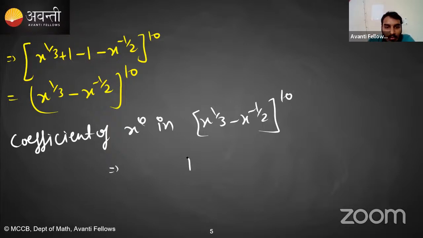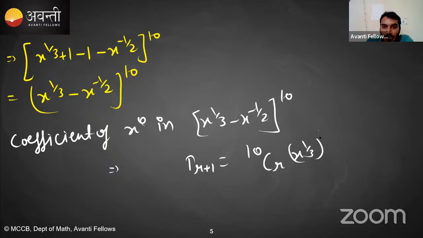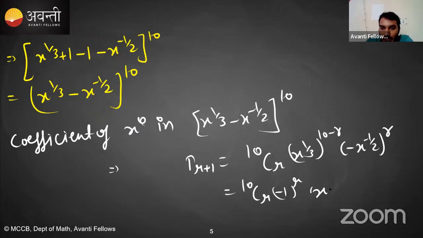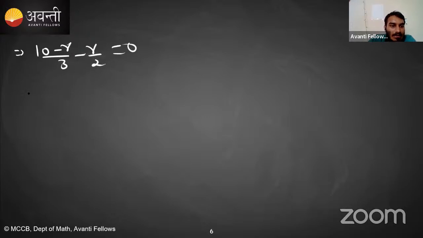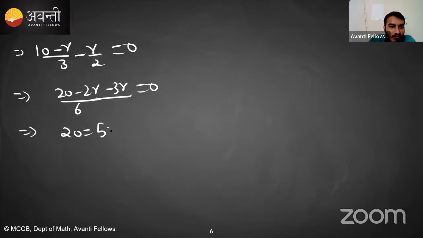So write down the general term T r plus 1 as 10 Cr x raised to the power 1 by 3 whole power 10 minus r, minus x raised to the power minus half whole power r. So this is nothing but 10 Cr minus 1 raised to the power r x raised to the power 10 minus r by 3 minus r by 2. So 10 minus r by 3 minus r by 2 should be 0. Take the LCM. So we will get 20 minus 2r minus 3r is equal to 0. So 20 should be equal to 5r. So r comes out to be 4. Right. So it implies